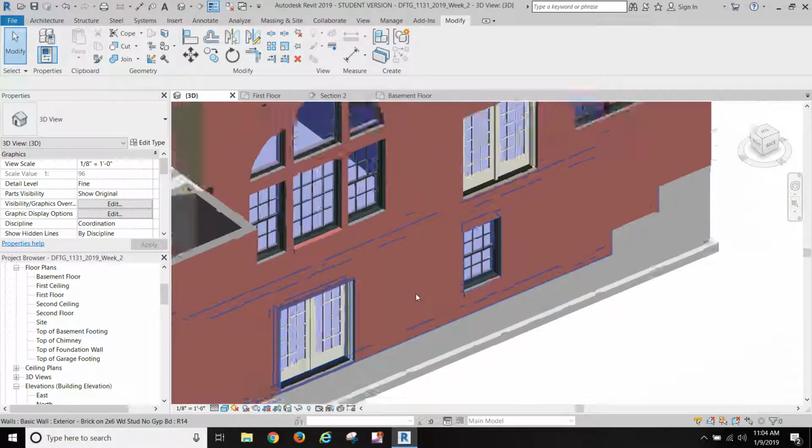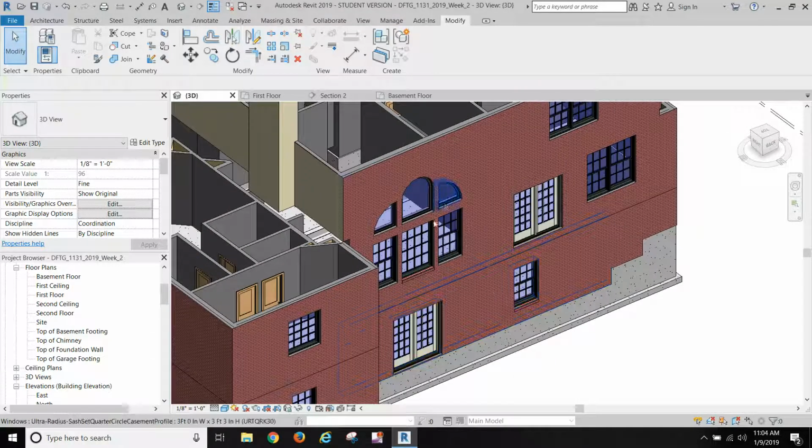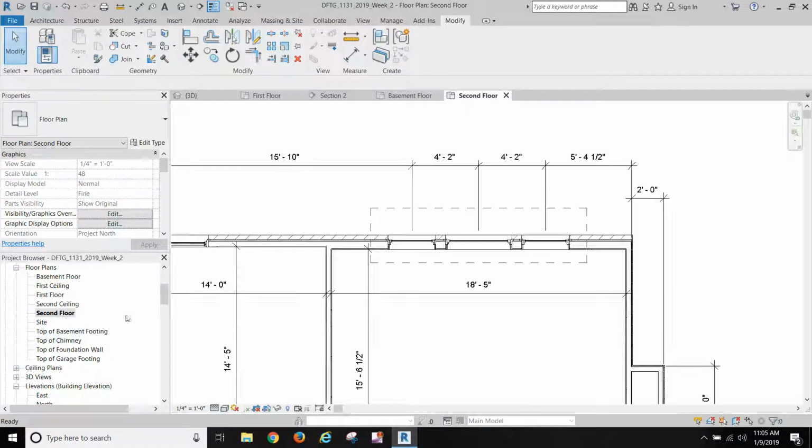Like I said, I will put the sizes that you'll need and the families that you're going to need for these things. Now these arch windows are a little different sizes than what the plans call for, but they're the best that I could come up with. And when you place them, the header height that's given for them is based on the first floor. So you can put them in, and what I do in my north elevation is I align them to the windows below it, center to center. Now to get it to show on your second floor, because normally your cutting plane only goes through the very tip top of this one, what you'll do is right here on your second plan, after you've got the windows in place,